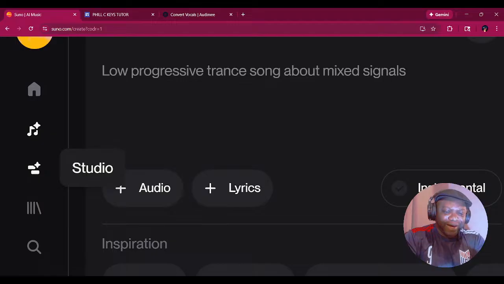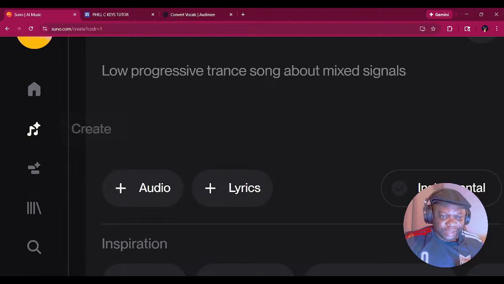So I'm going to be expanding the screen, trying to talk a little bit slower, just so that nobody gets lost. All right, so over here, where you see Create, and I'm hovering over it, you may not see my mouse, but Create right here, that's where we are right now, and Studio is just right under it. Studio is where we want to go. Let's hit Studio.